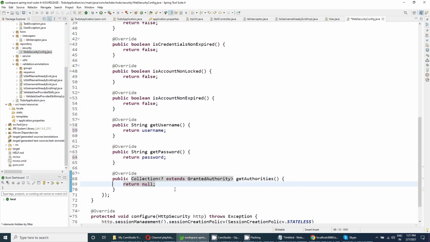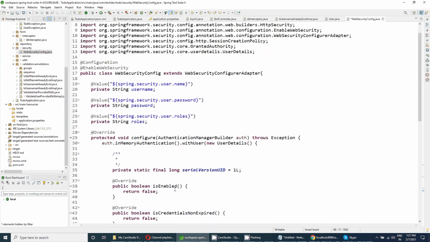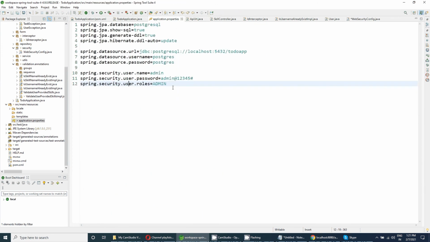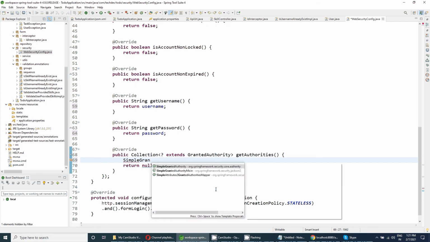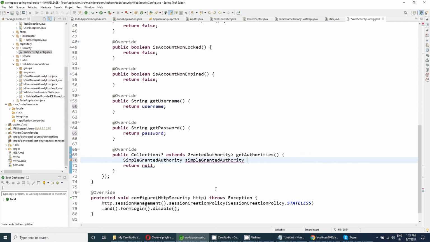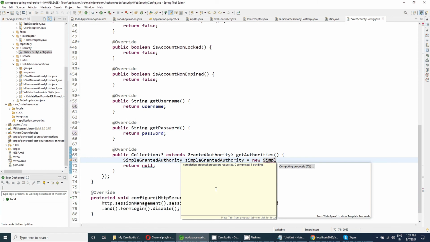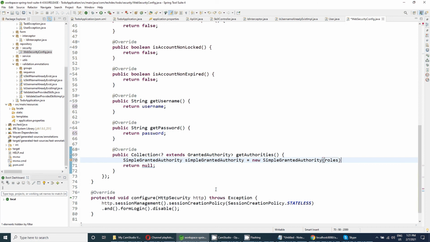So we will use SimpleGrantedAuthority, which is used for the string representation of the roles, and we already have the string representation of the roles of the user. So for that, we will say new SimpleGrantedAuthority, and the role will be roles.